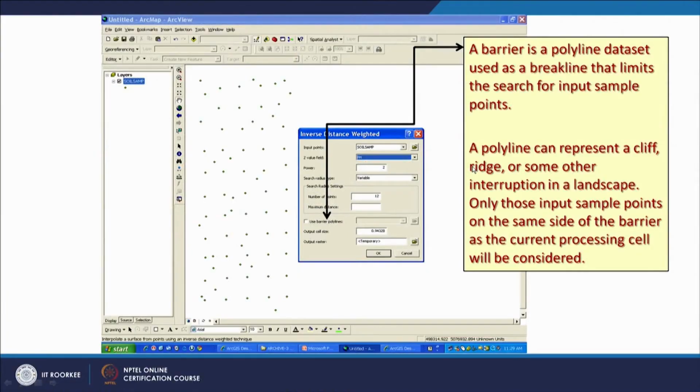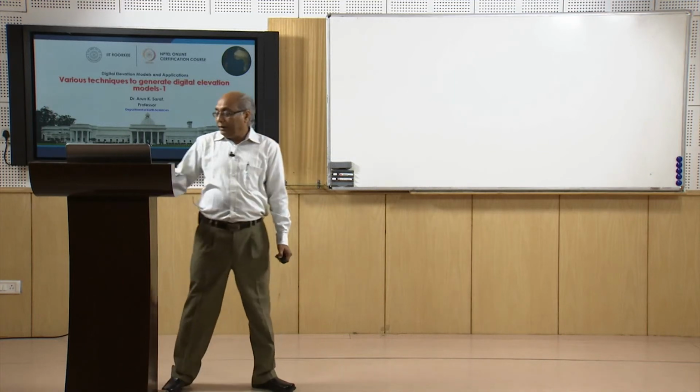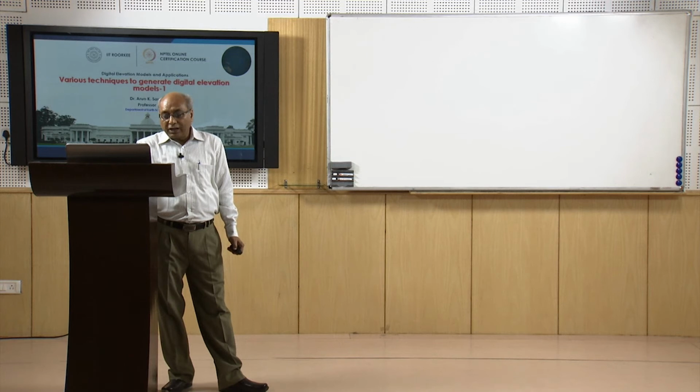So barriers is a polyline data set used as a break line that limits the search for input sample points. If you see that with barriers, this is how a terrain in 3D will look, and sometimes the escarpments which we see on the land surface, sudden changes in the elevation, are nothing but the barriers. So these can be represented if we know the location of the barriers and supply them in the form of a polyline